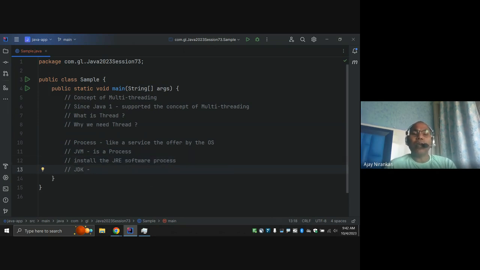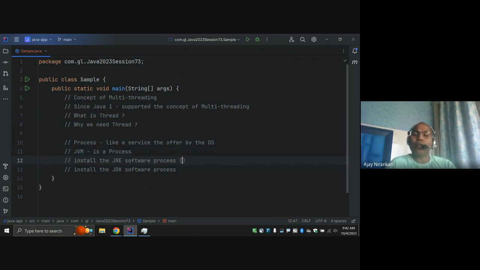Or you can say install the JDK as a software process, right? But internally, all the JDK or JRE is named as a JVM process.